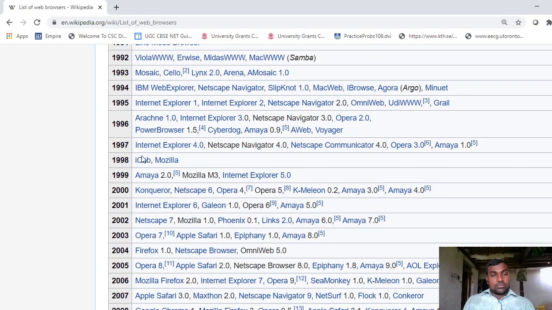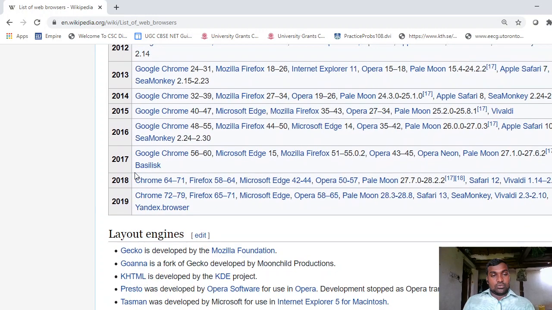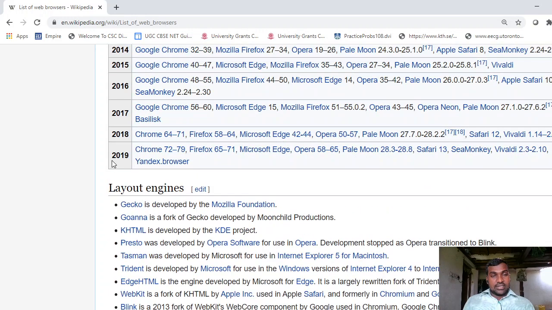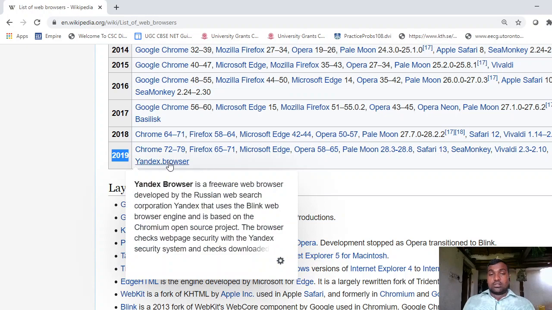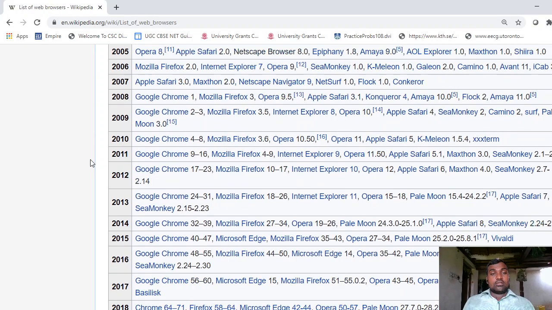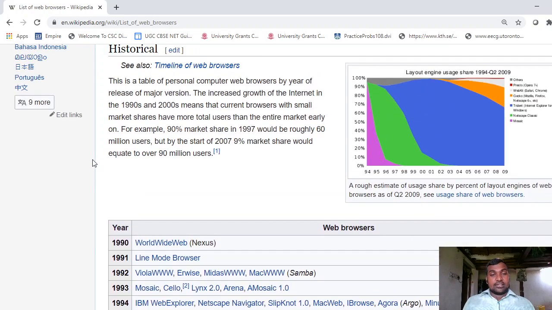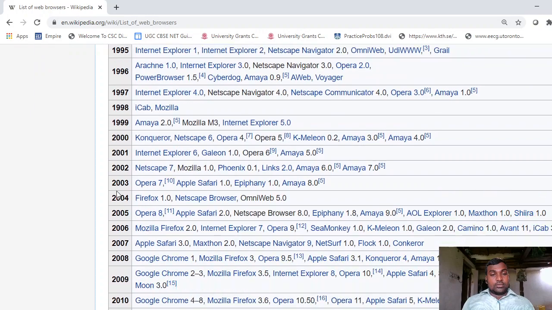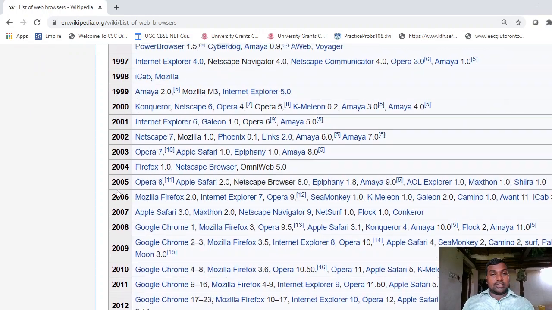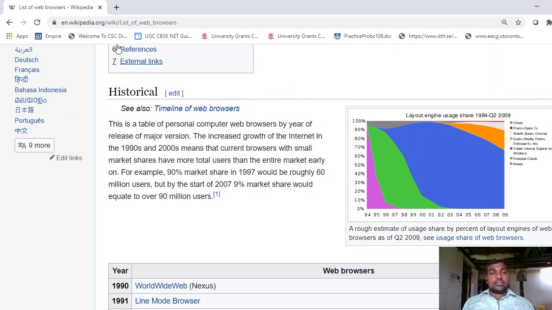Several browsers are there, all along with their year, when they were introduced into the market. These are different browsers, but everybody mostly uses the Google Chrome browser, right?